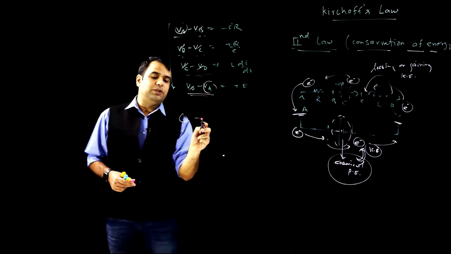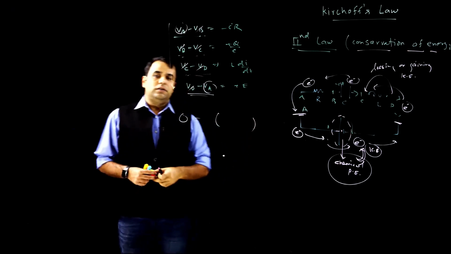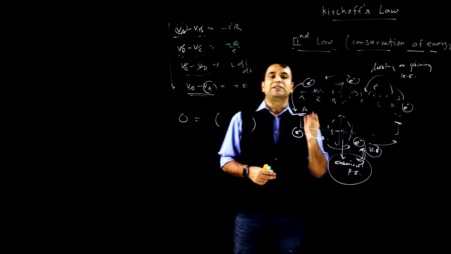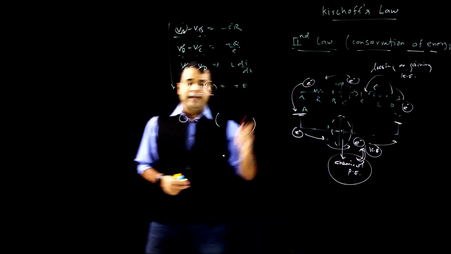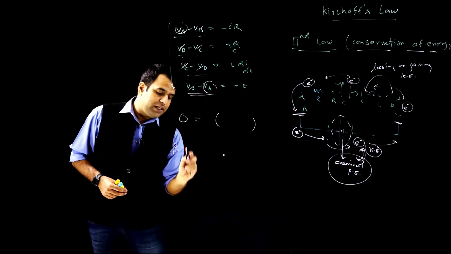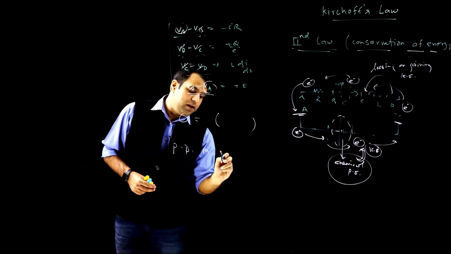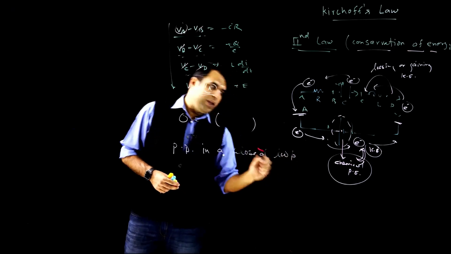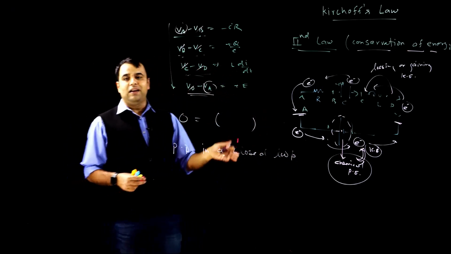So this becomes zero. So the summation of potential differences in a closed loop is always zero. That's your second law. Potential difference in a closed loop, whether that loop contains the battery or not, it doesn't